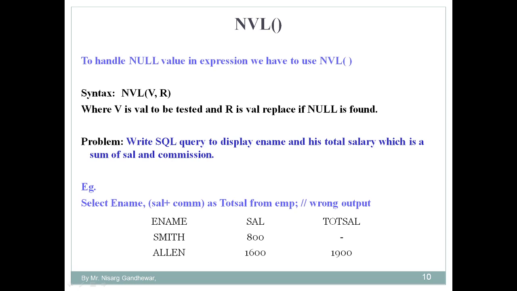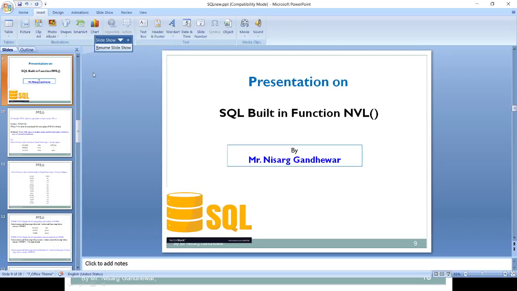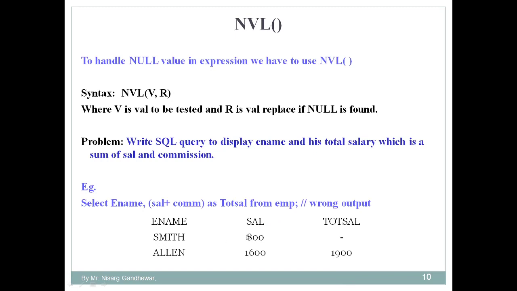In the previous video we discussed that if we add any value to null, it becomes null, and null means nothing, that value is not available. Suppose I try to write a query like this: select ename, sal + commission as total_sal from employee. It gives me an output like this: employee name, salary and total salary. Here you observe that though the salary is 800, total salary is treated as null. Why is it so? Because if we are adding any number to null, it becomes null.